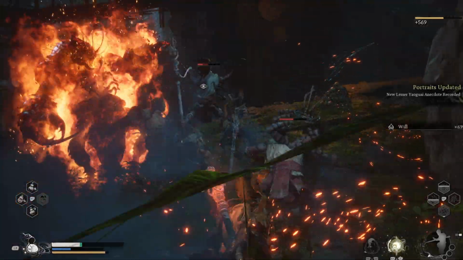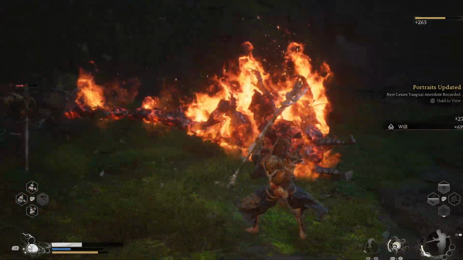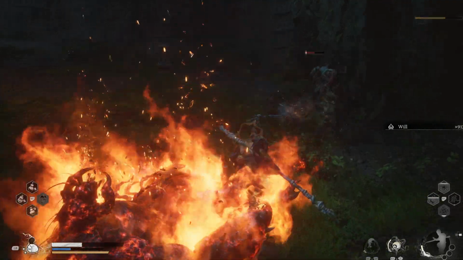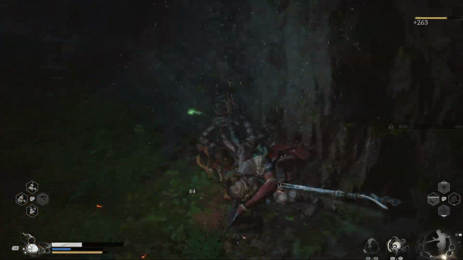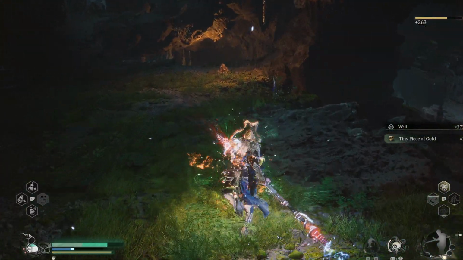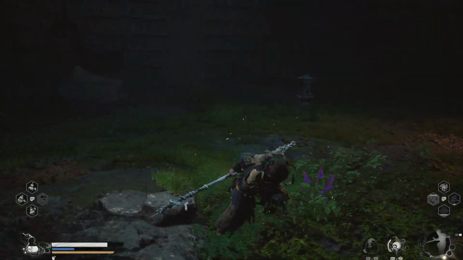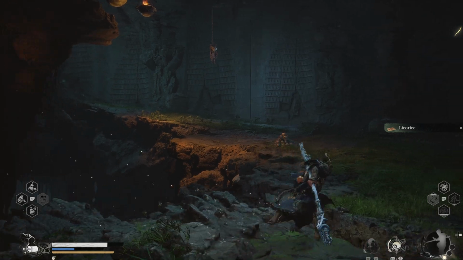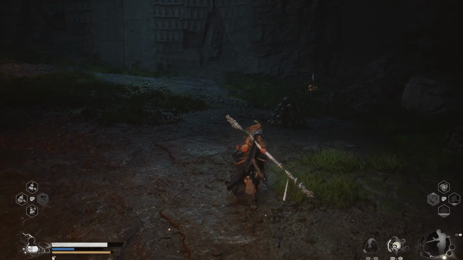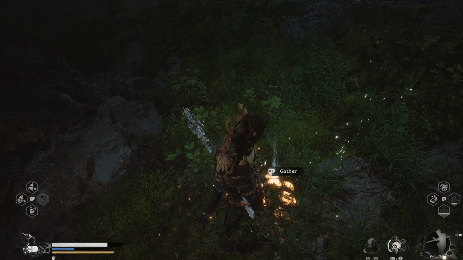Personally, I don't like fire, but I do like the animation. Depending on the bane you're using, in this case scorch bane, they'll just incinerate into fire, which I like for the immersion. Though I don't know if we have a similar effect with the other banes. I mean, maybe. Anyway,